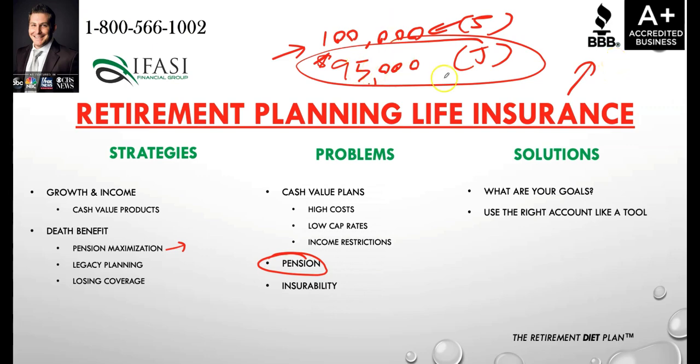So therefore, they could be shooting themselves in the foot by trying to use this type of single life pension maximization option because some advisor that's more money hungry that wants to sell them a life insurance policy is going to tell them 10 different ways on why that's necessary. Each situation is different. Once again, it could make sense, or sometimes these pensions, they pay out a boatload of money, and it makes sense to leverage the employer pension as opposed to leveraging some sort of pension maximization strategy or leveraging some sort of single life option with the life insurance supplement. So you just want to be very careful with that.